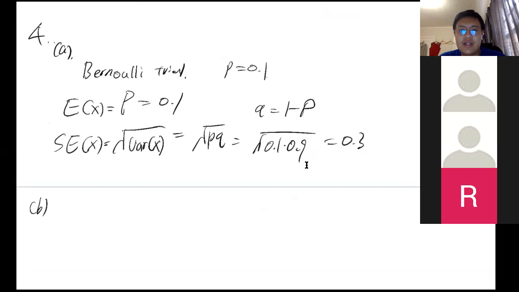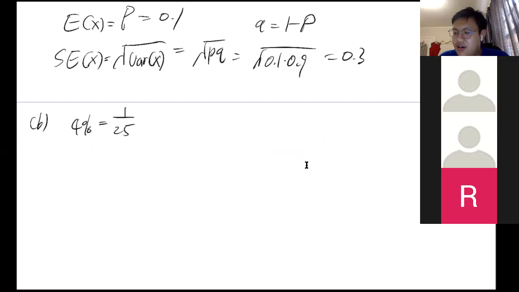what is the probability that in a section of 25 students, at most 4% of them go to office hours? So don't be intimidated by the percentage. 4% here is just the same thing as 1 over 25. Why do I use a fraction instead of a percentage, to make sure that you are not intimidated? Because